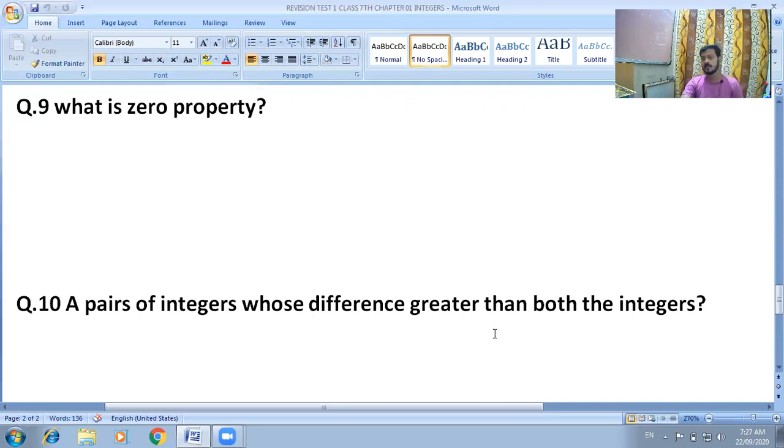Okay, do you have any problem with these questions? Read carefully 2 times, 3 times, then it is confirmed that you are able to solve the questions. So try to note down the questions in your separate copy. You can make a revision copy, and all the questions are very important for your next exams. And after completion of this series, it may be possible that your next part will be uploaded on this channel as soon as possible.